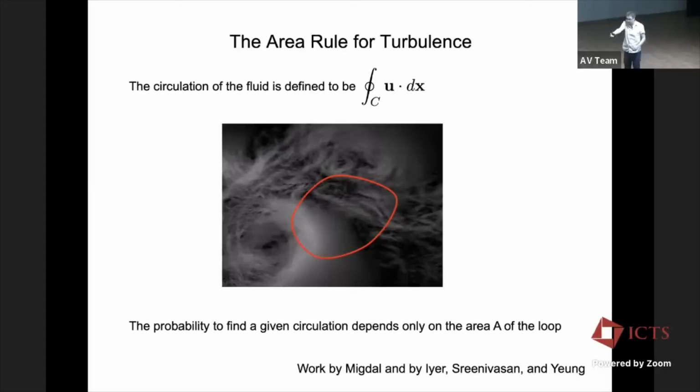Jung. Two of them are also sitting down here. And the idea is the following, that you compute what's called the circulation. I have a complicated equation at the top there that's not in a picture frame, but basically you take the velocity and you integrate the velocity around the curve C. And what these very impressive numerics from a few years ago show is that the probability for the circulation around any given curve only depends on the area that fills the curve.